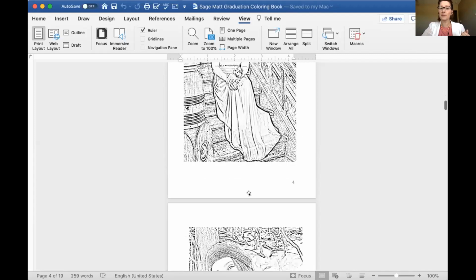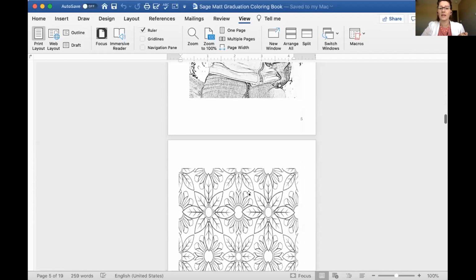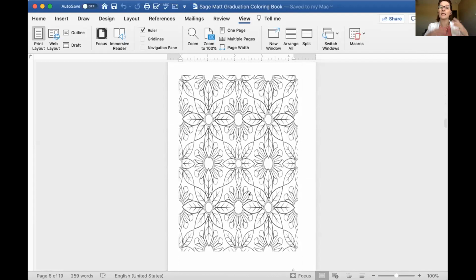So I've got a prom picture of her. I've got some outdoor nature pictures. She loves to be outside. She lives on a farm in Northeast Iowa. They have lots of kitty cats. And then in between, I created some